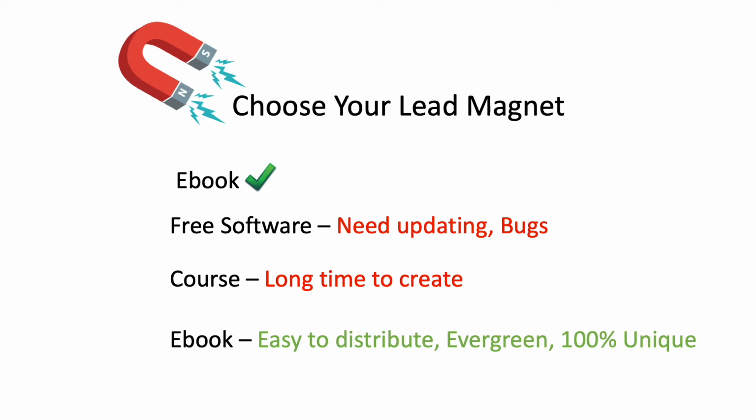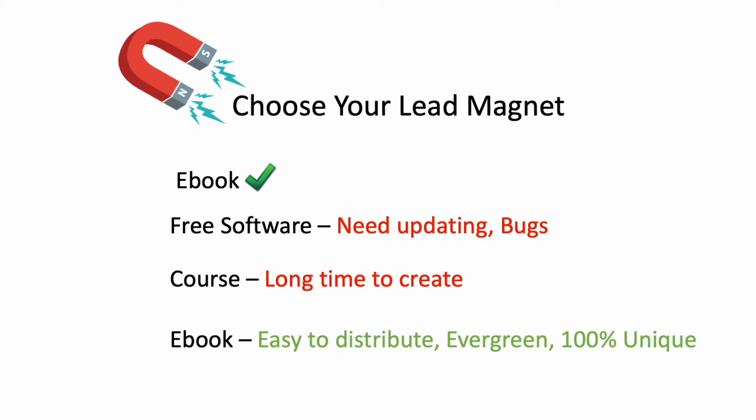So for me, I always use ebooks, as personally I believe they are by far the best lead magnets. There are sometimes potential issues with software. Unless you are a programmer, you're going to have to purchase PLR software. Now, the problem is it may not have been updated for years. It can have bugs, and worst case scenario, your subscribers start to use this software and it does something to their PC or Mac. So it's really just too much hassle. Courses take a lot of planning and time to put together. And remember, we're giving value, so they've got to be well thought out.